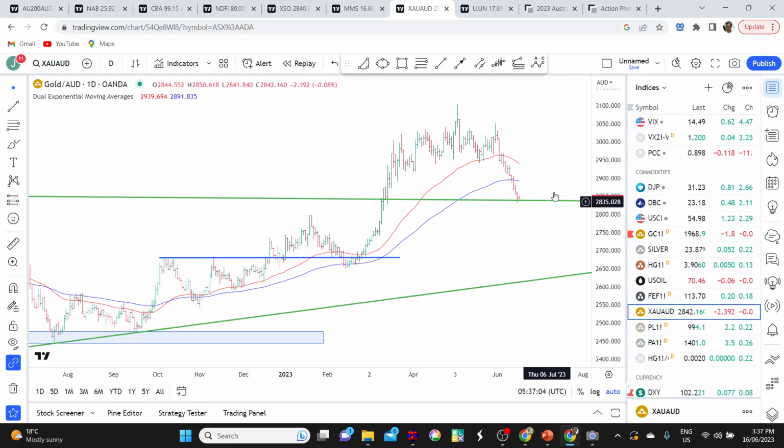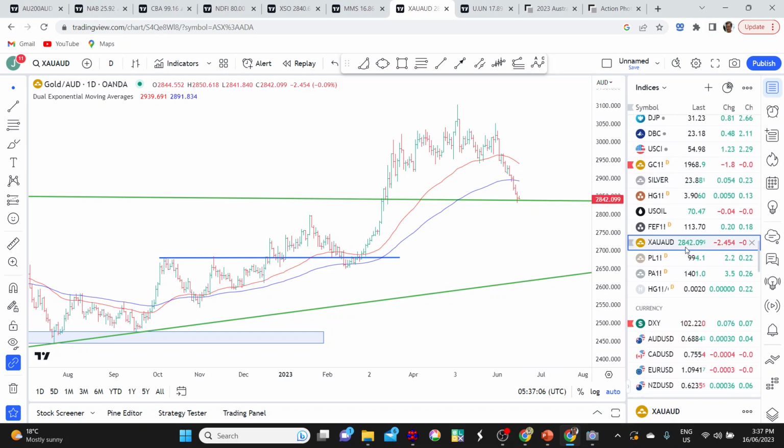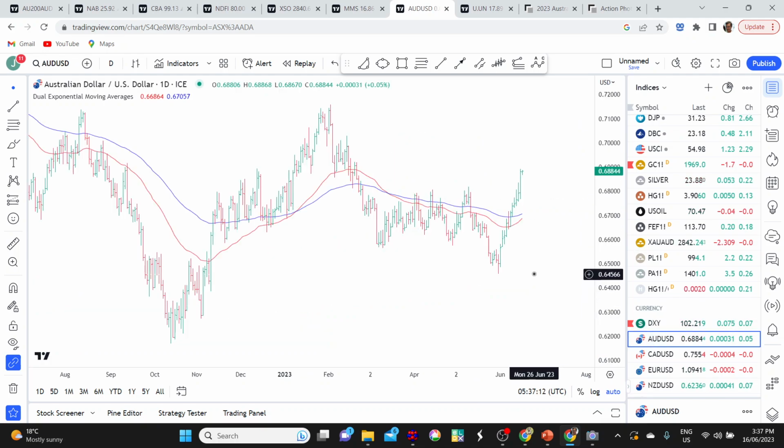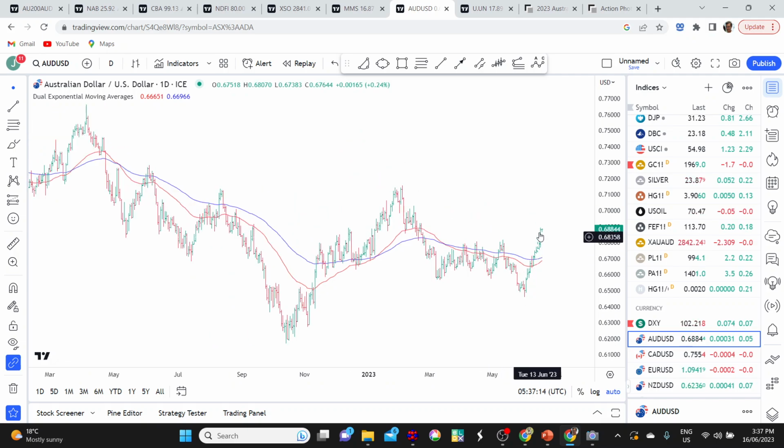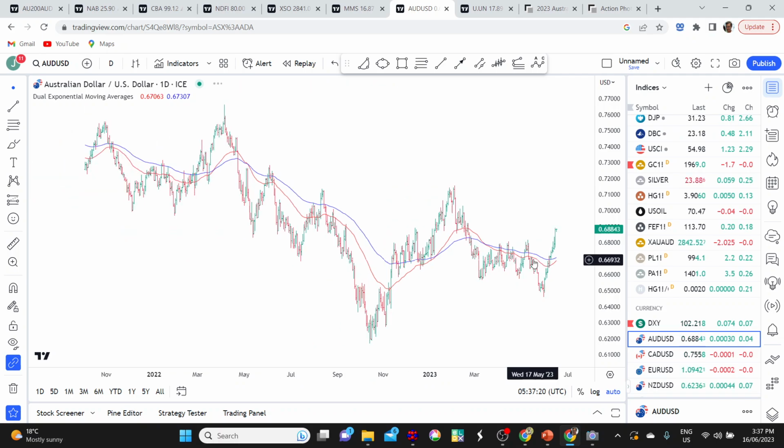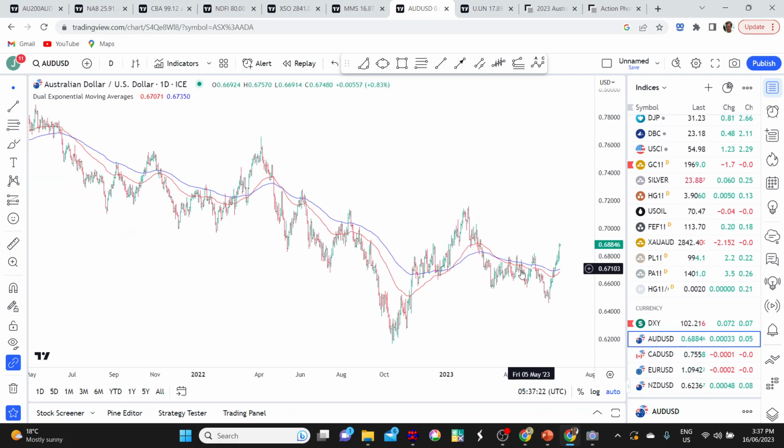And just on Aussie gold, one of the reasons we're getting a bigger pullback in Aussie gold than we are in US dollar gold is because of the Aussie dollar. We've had quite a strong move in the Aussie dollar over the last few weeks, and part of that is interest rate driven, but also maybe a factor that the Aussie dollar has lost a lot of its downward momentum over the last 7 or so months.